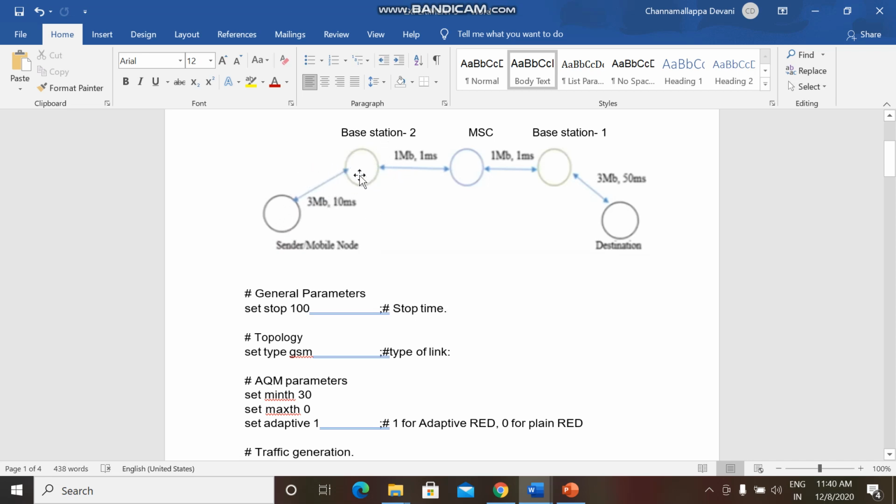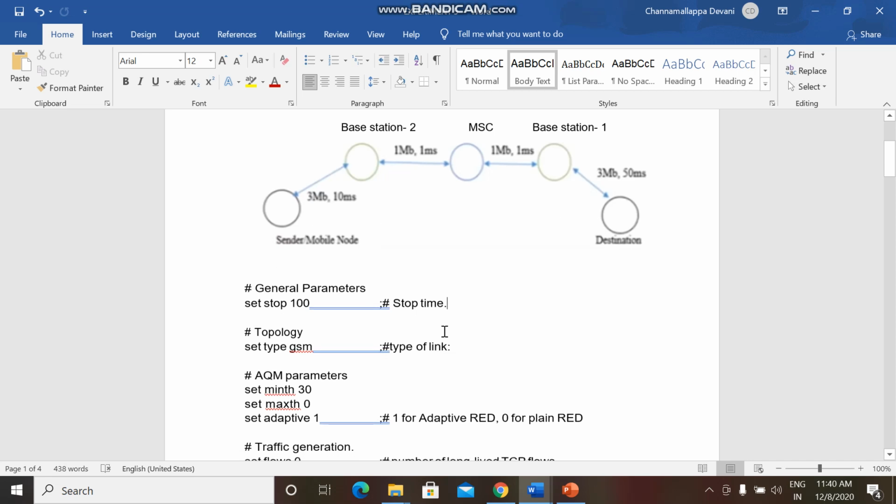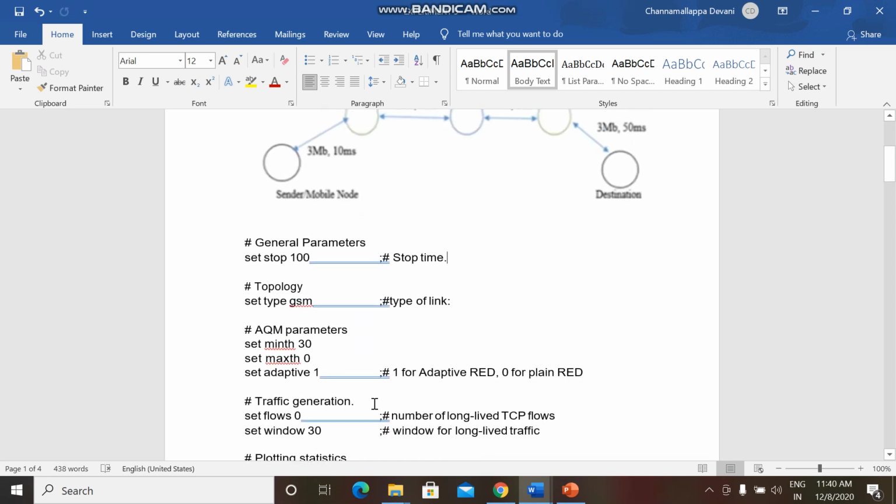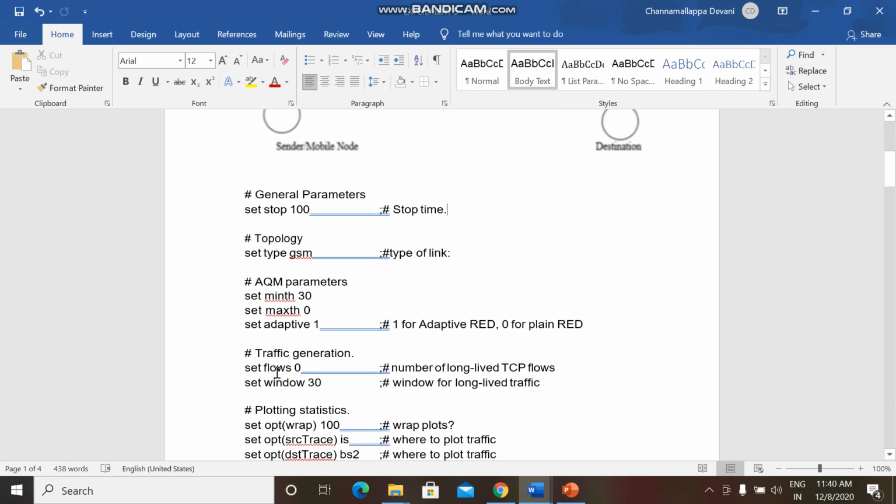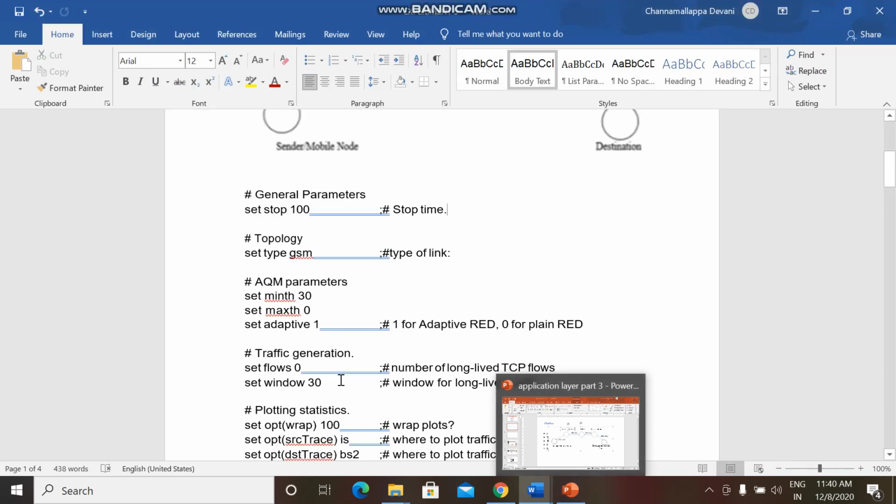Then this base station will establish communication with the other base station, and finally communication will be established to the destination mobile node. So there is one path here and another path here. But actually only a single path is established between the source and the destination. Whenever there is a single path, the flow is set to 0, otherwise it is greater than 0. We'll come back to this at a later part of this program.